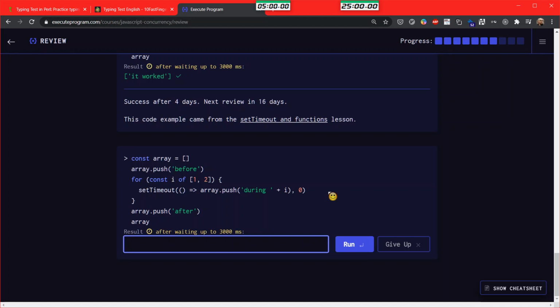Then we have a for cycle with two set timeouts. Okay, so it will be for in quotes after, then during one, during two.